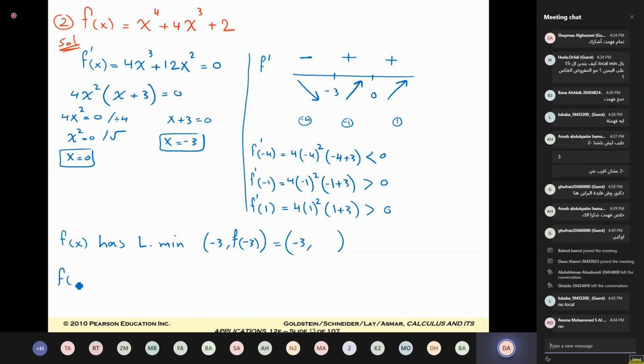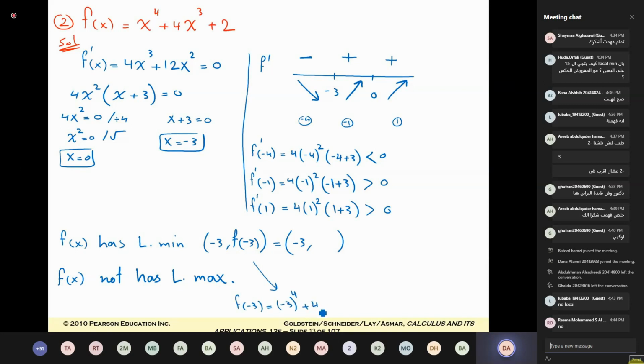But f of x does not have local maximum. Okay, to find f in -3, substitute in f of x, we have -3 to the power 4